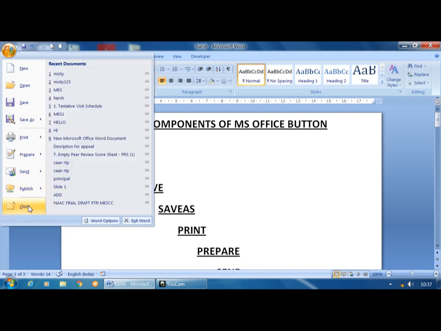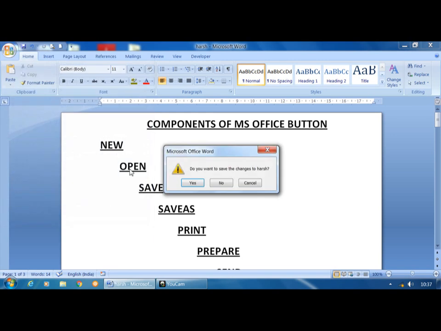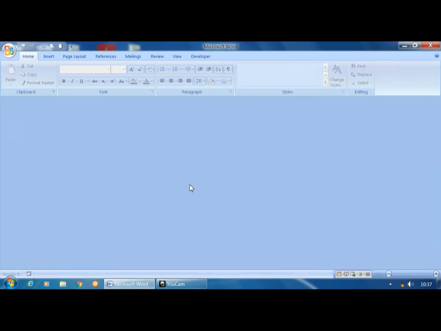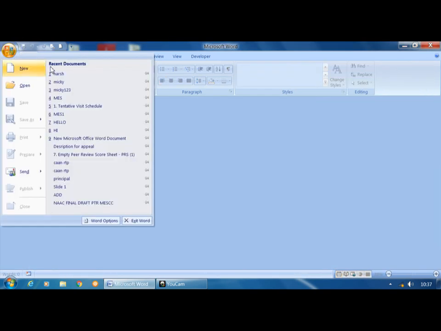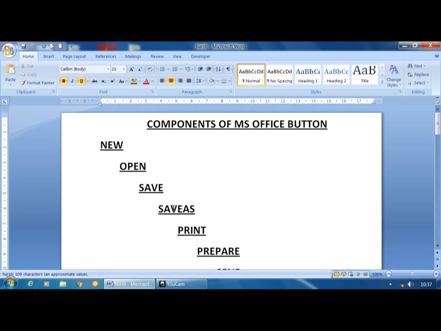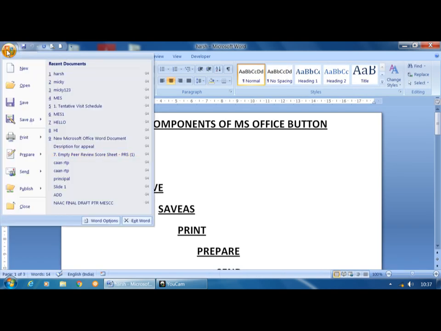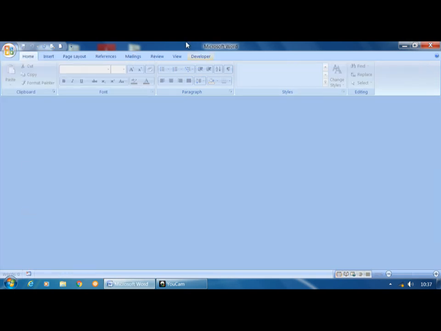When I click on this Close option, it asks, do you want to save the changes to Harsh? Harsh is my name, my file name. If I click on the Yes button, it saves the document. Here again I will open it. When I click on the Close option, it closes only your document, that is Harsh.